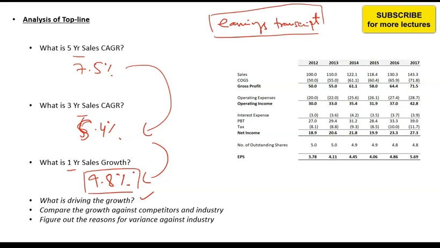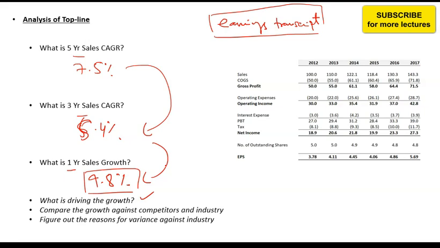Secondly, when you are looking at the sales growth or sales number, it is just not enough to look at the historical growth of the company. You need to compare it with the competitors, or you need to compare it with the industry. So what you will then do is you will find out the competitors of the business that you are analyzing. And for those competitors, you will find out the same numbers: 5-year CAGR, 3-year CAGR, and 1-year sales growth. And then you will compare your company's growth with the competitors' growth. And again, if there is any deviation, if there is any change, then you need to find out the reason, that what is actually causing that change, or what has actually led to that difference.